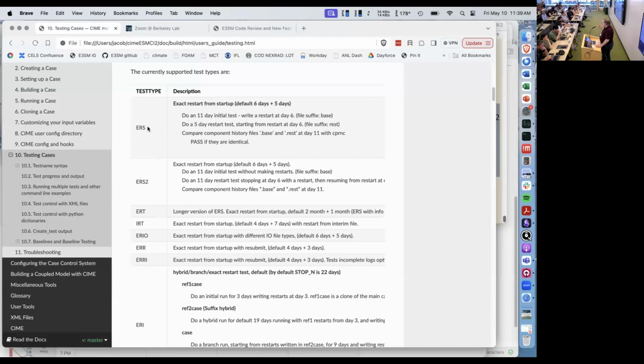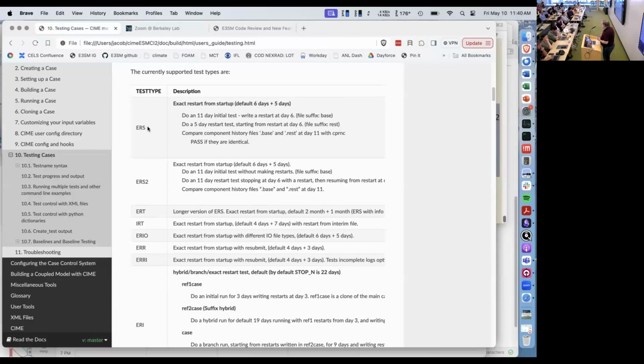So we call this exact restart. It's also referred to as being able to checkpoint a model. There's actually research done in computer science about how to automatically checkpoint and execute an application just using knowledge of the system. That's very interesting, but we don't need any of that, because climate models have in general had the ability to checkpoint or restart for as long as they've been around, because we need to do simulations that last much longer than the typical queue length. So climate models have always been able to exactly restart, and it's a property we never want to break.